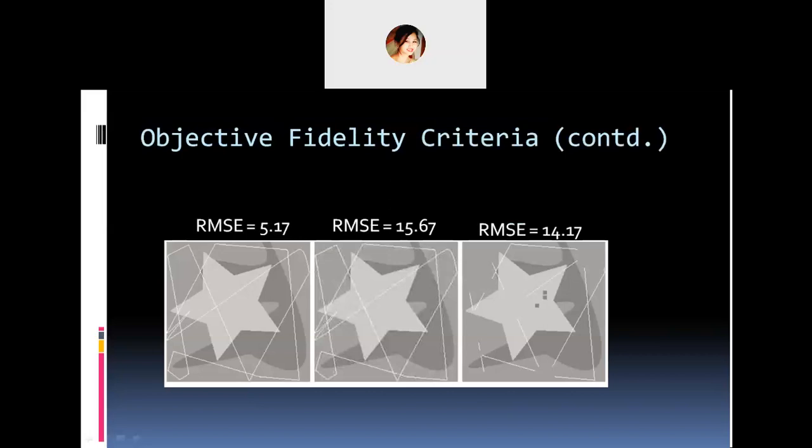Then this is root mean square error. For the same image it is taking different values and calculating with them, and accordingly you are getting the output of the original image here. Okay,